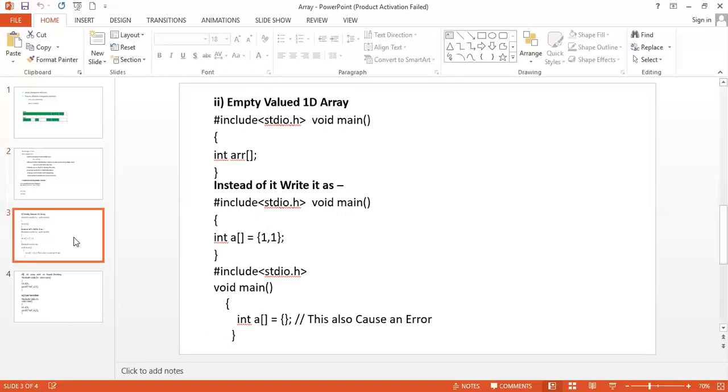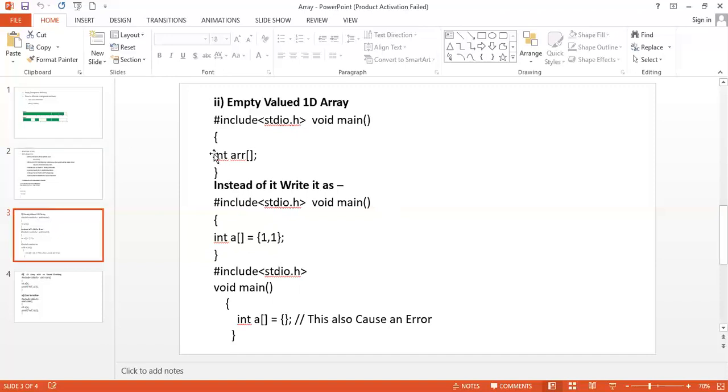Then second one, invalid 1D array. Consider the above example. We can see the square brackets are empty, which means we haven't specified the size of the 1D array. In the example, the array size is undefined or empty. The size of a 1D array should be specified as a constant value.